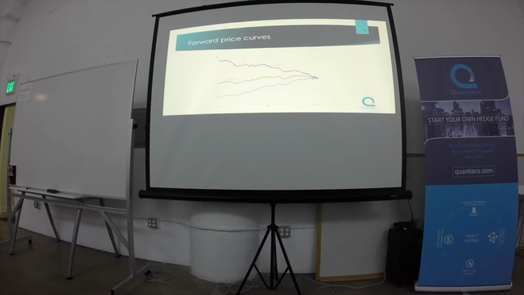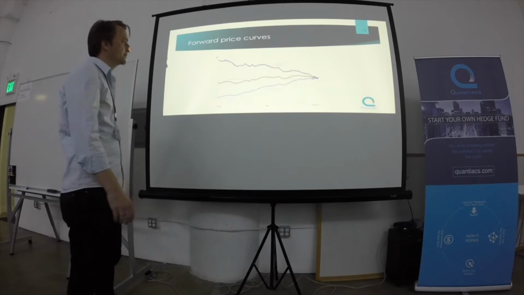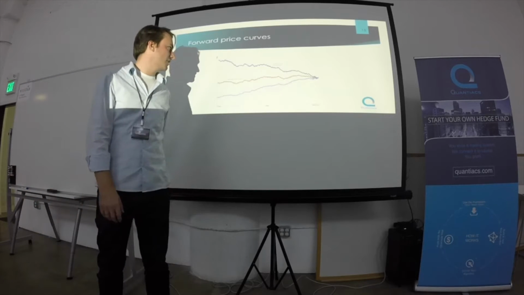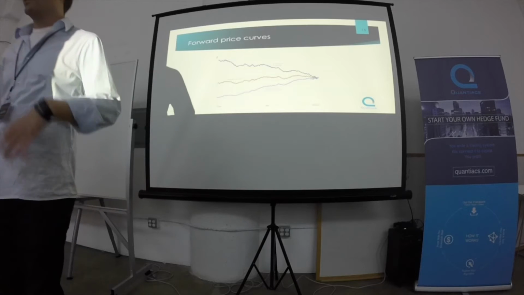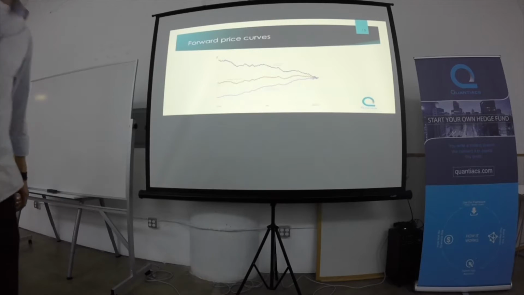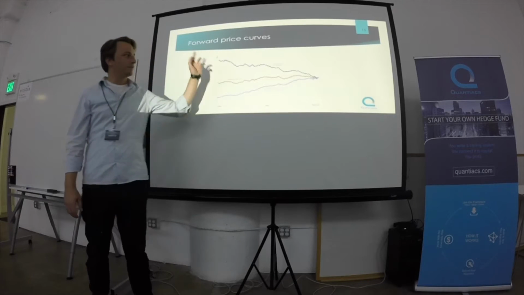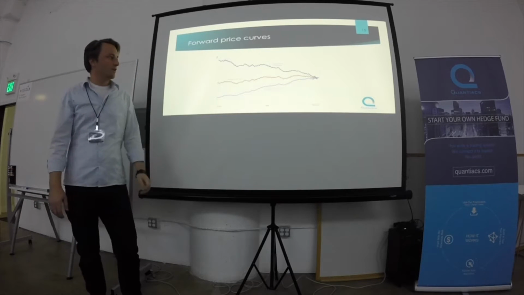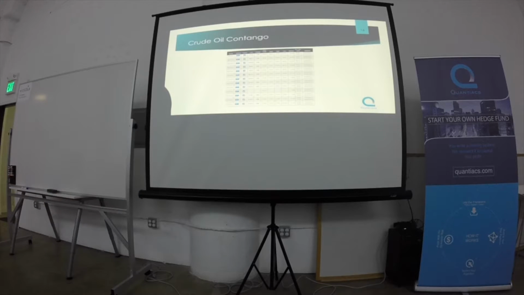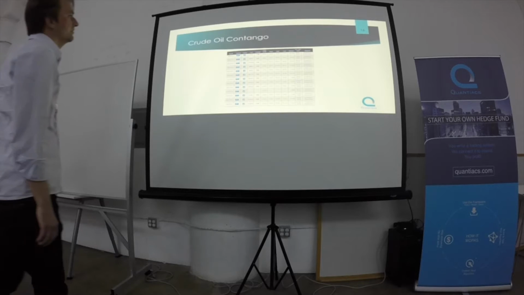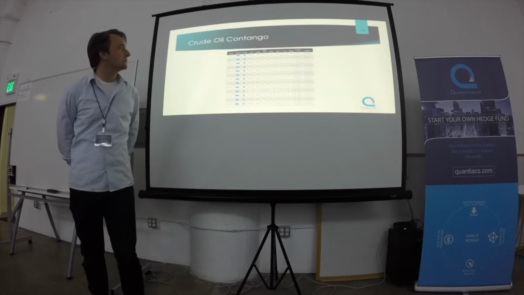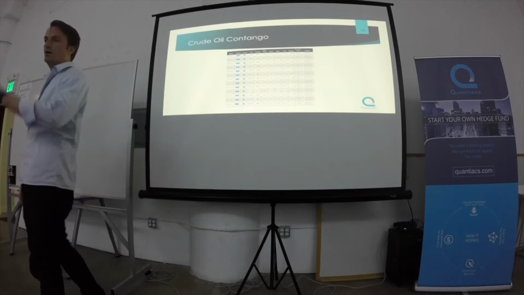Okay, these would be examples of such forward price curves. This is the price, this is the time, and this would be the forward curve. Unfortunately, the label is not very readable. The blue curve would be the price curve for a future in contango, and this would be a price curve for a future in backwardation. Okay, and here's a little table. We will publish the presentation afterwards, and you can look at it. This is taken from the CME website.